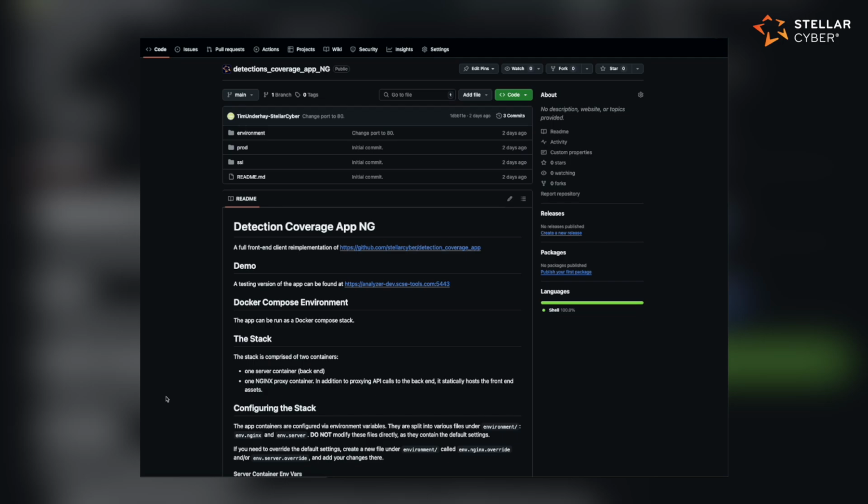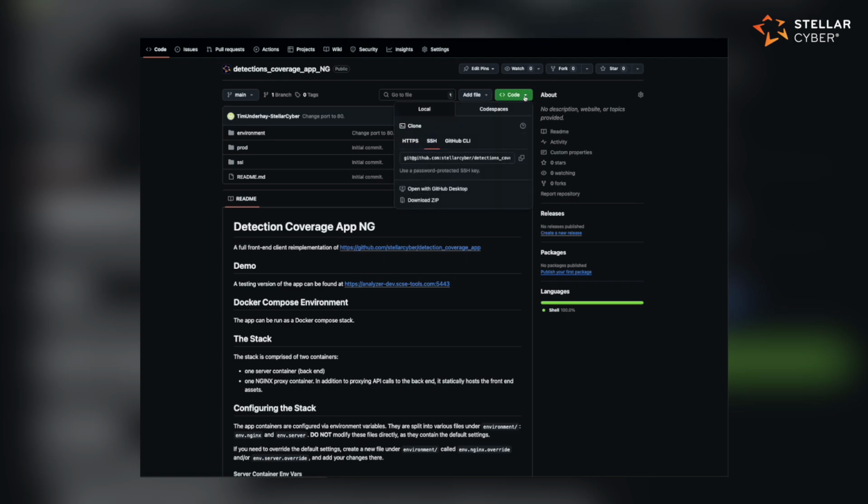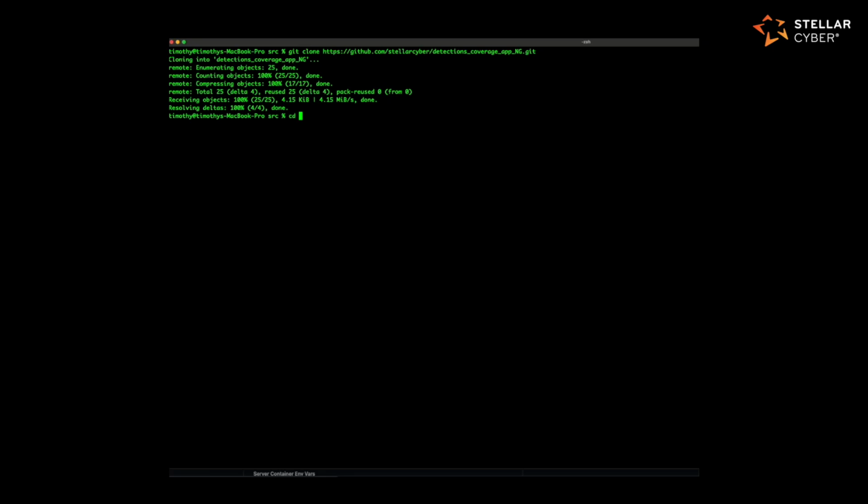One particular need that's arisen is, how do I connect my coverage analyzer to a Stellar environment that's only accessible via VPN? For that, we provide a Docker Compose project, which is available here on GitHub at this URL. To run it, you first need to install Docker locally, and then you just need to clone the repository to your local computer,